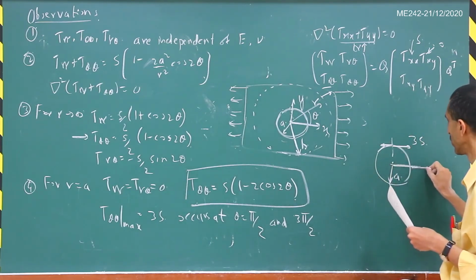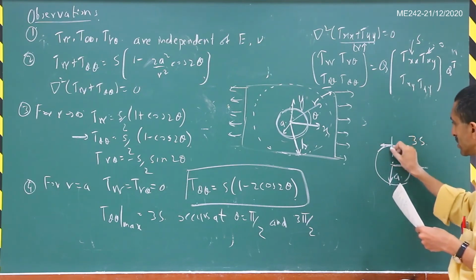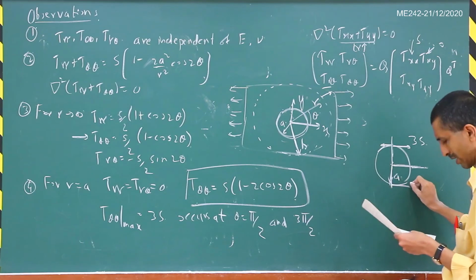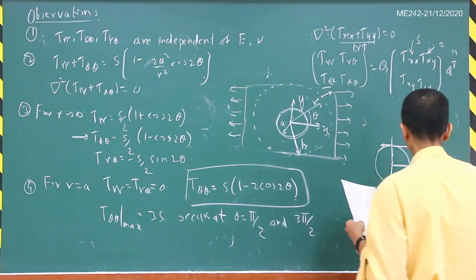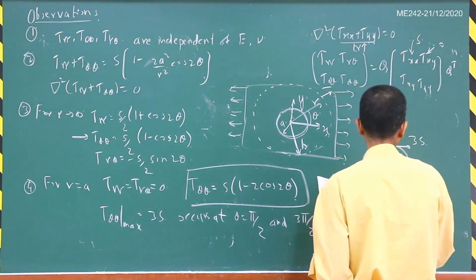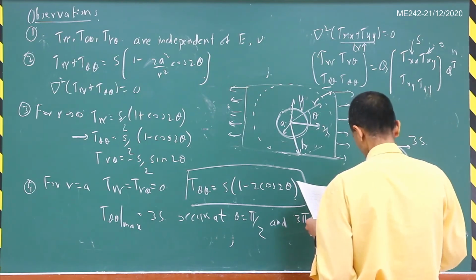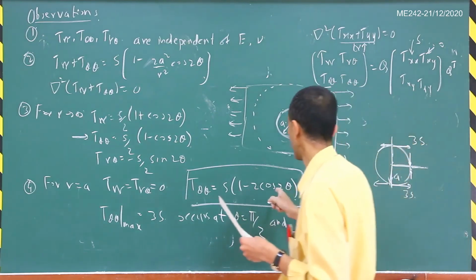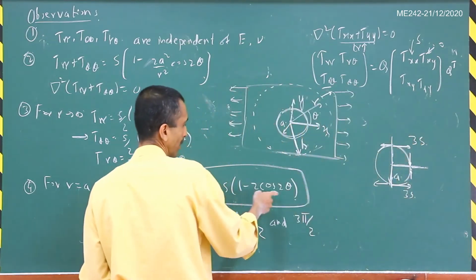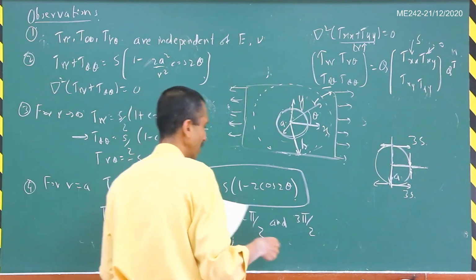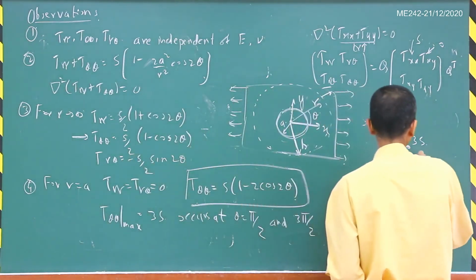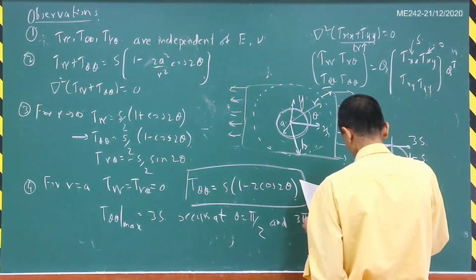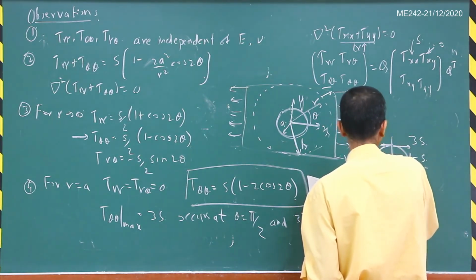So theta equal to 0 is this line, and then this is theta equal to pi by 2, and theta equal to 3 pi by 2 is this. So it also occurs at this particular point here. So this is also 3s. At theta equal to 0, correct? This whole term will be minus 1, right? So you will get minus s in that particular case. So this is minus s, and same thing at theta equal to pi also. So you will get a minus s here also.